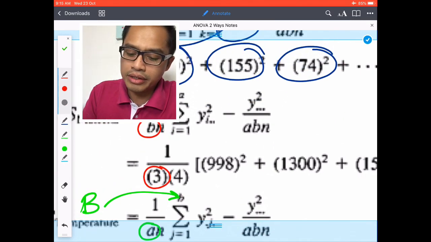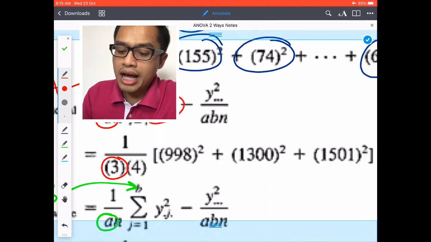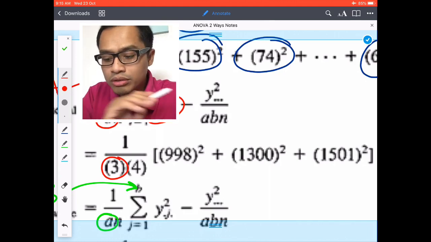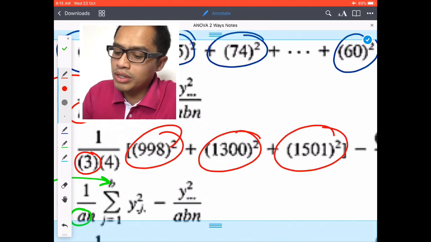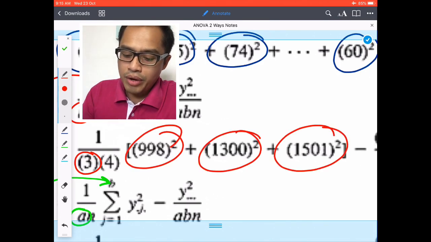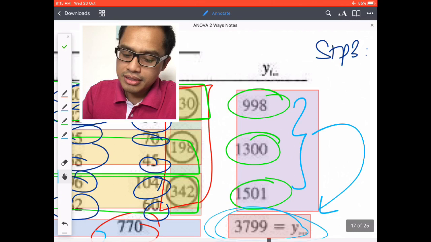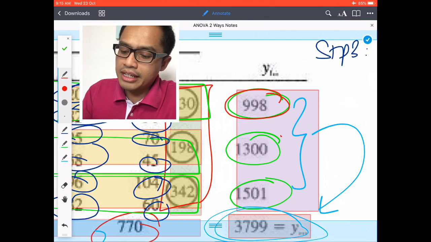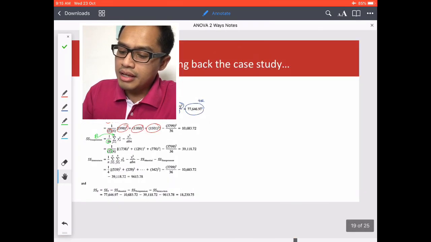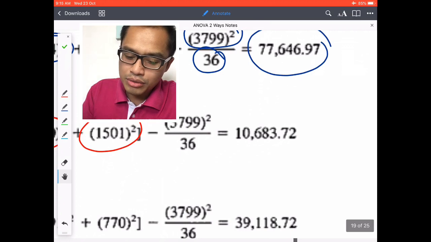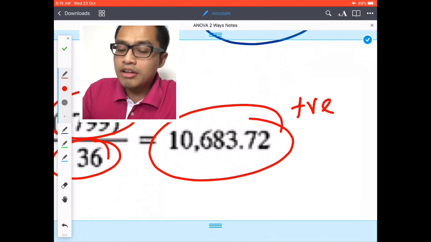Now let's focus on red color and material, and also factor A. So you can see here is y, i dot dot. i is the x-axis, that means all the rows. That means it's for material. And I have three numbers here: 998 squared plus 1300 squared plus 150 squared. Where do I get this number from? This one, yeah? 998 squared, 130 squared, 150 squared. Okay, minus the grand total squared and the sample number, and you get a positive value for sum of square